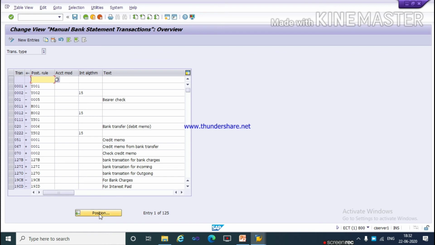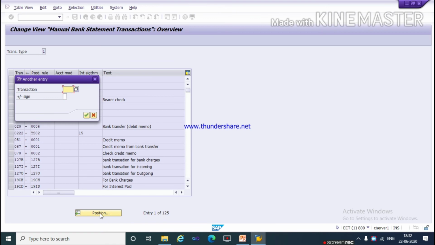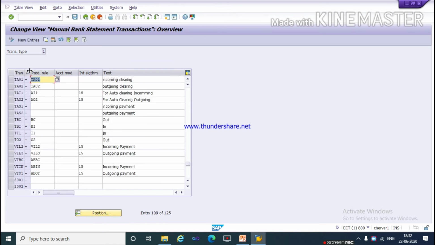Here we need to select position, transaction TA01. Here you can see it already exists, that's why it didn't save again. So double click on it and you can change it here.